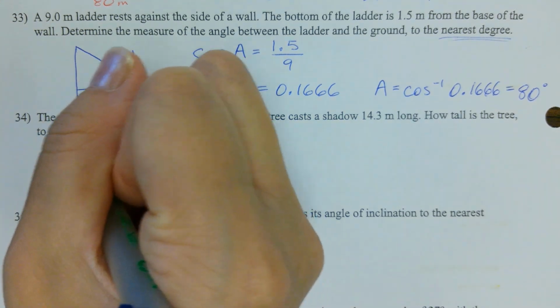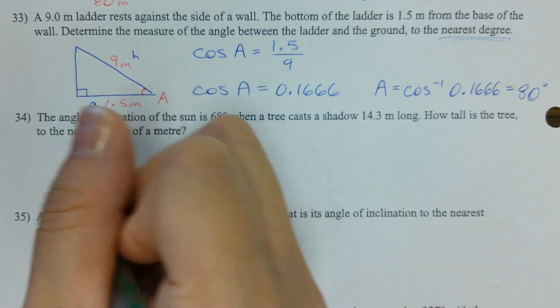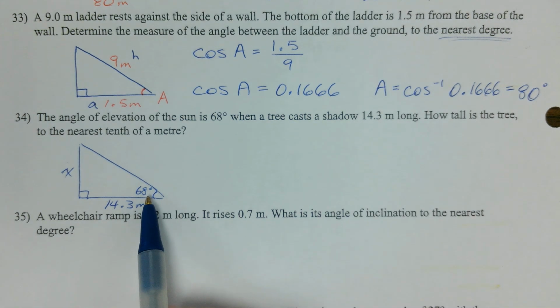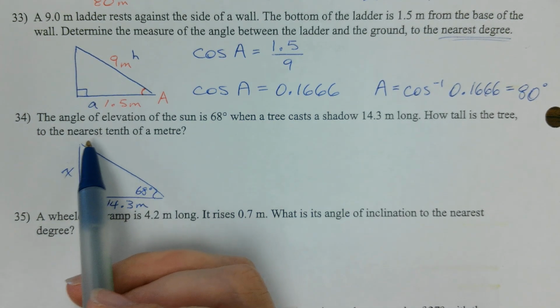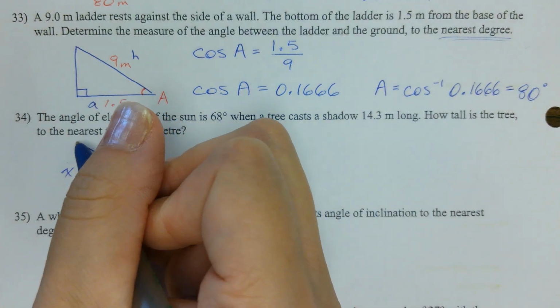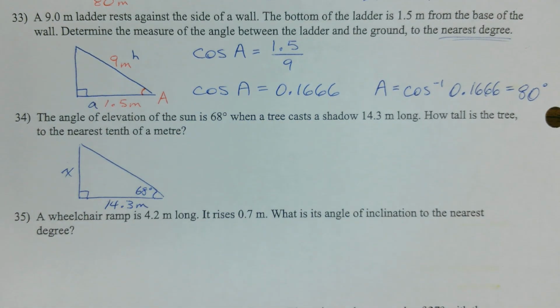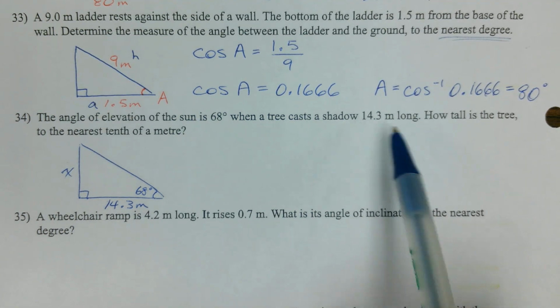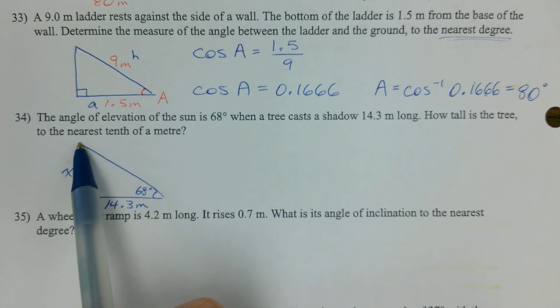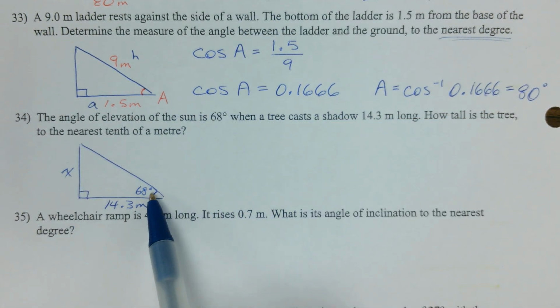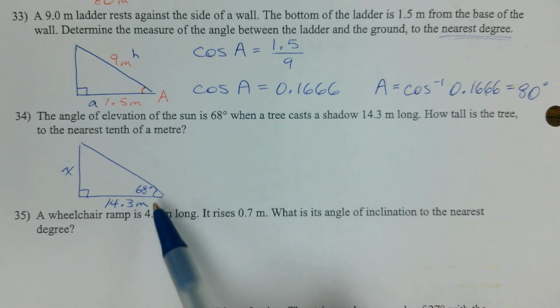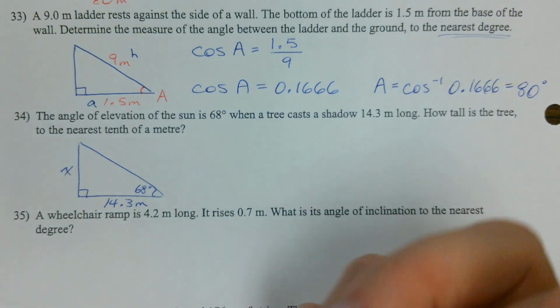Right? And then here's the tree, okay? And you're looking for that. Some people were asking, how do I know that this is here and not the sun over here? Well, if you're thinking of the angle of elevation of the sun, that means from the sun looking upwards, you're looking at a planet or something, right? So if you're thinking logically, if your angle of elevation is not towards a planet, it makes more sense that your angle of elevation is down here, so like to the sun. Okay,